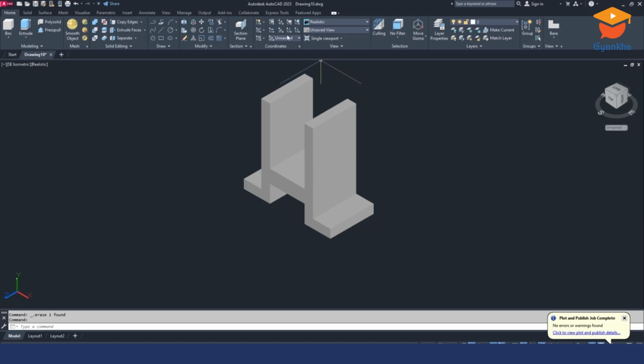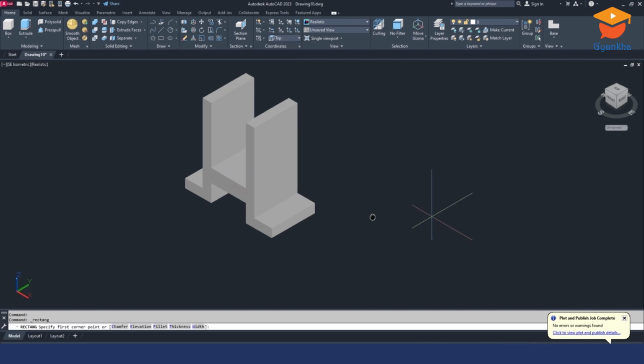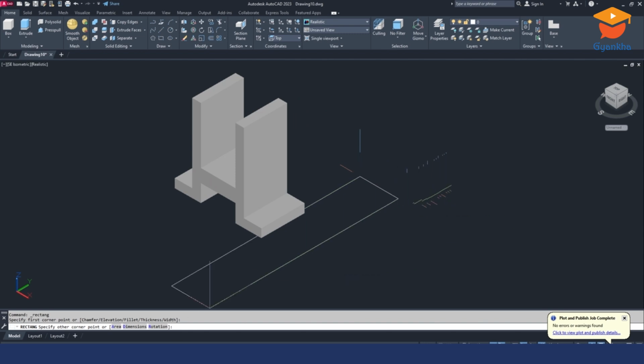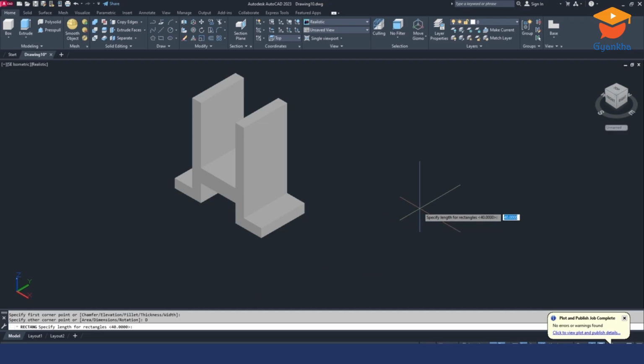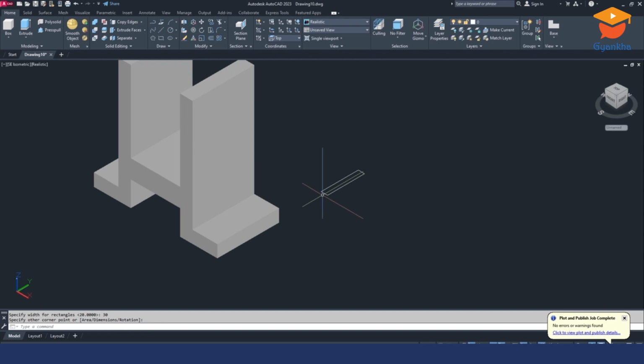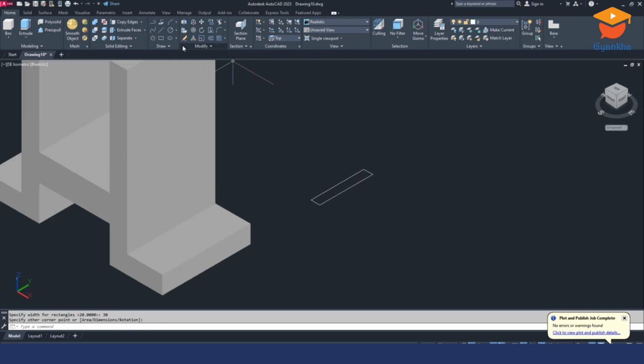Just go to here, select here top, then go to the rectangle, click any location, make it like this, select here dimension, make it horizontally 5, vertically 30, horizontally 5, then press enter, make it this side 30, then press enter, click this location, then go to the fillet, select here fillet, make it radius 2.5, then press enter, select here polyline and select this one, press escape